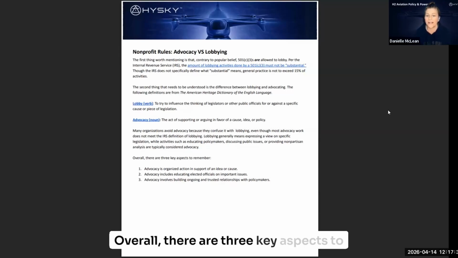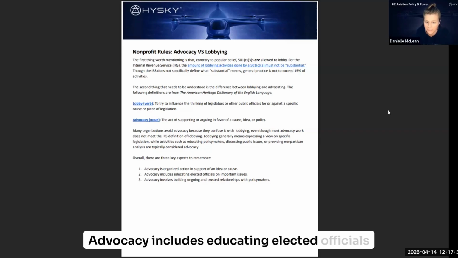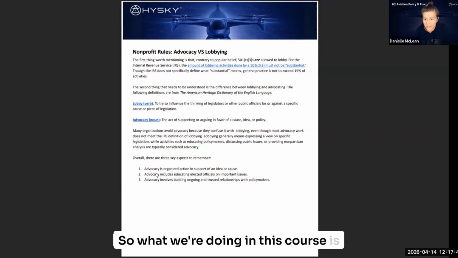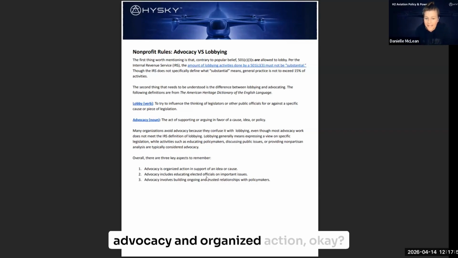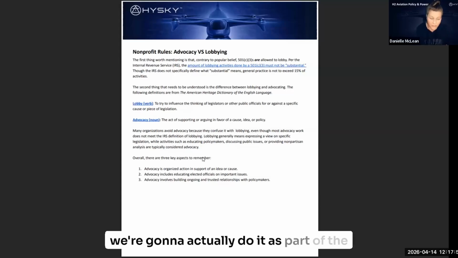Overall, there are three key aspects to remember. Advocacy is organized action in support of an idea or cause. Advocacy includes educating elected officials on important issues. Advocacy involves building ongoing and trusted relationships with policymakers. So, what we're doing in this course is advocacy and organized action, okay? Because we're not just going to talk about this, we're going to actually do it as part of the capstone